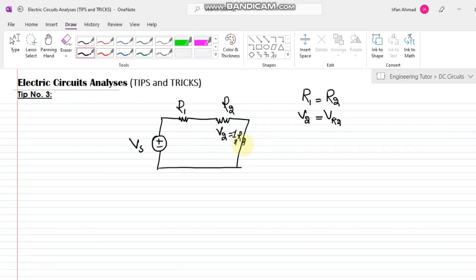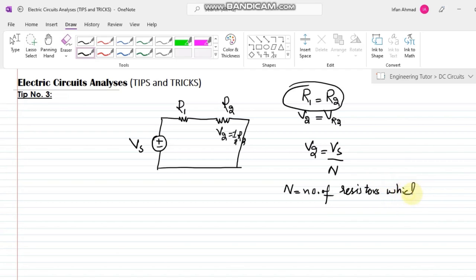So just remember that if we have the same resistors connected in series, then in finding the voltage across a resistor, if the values of the resistors are same, it will be equal to Vs divided by N, where N is equal to the number of resistors